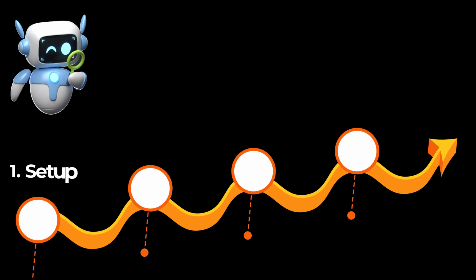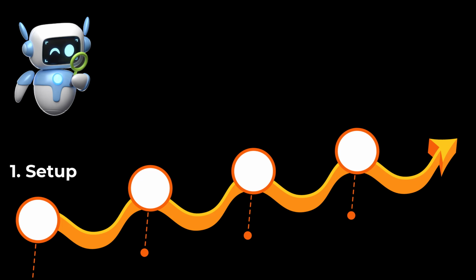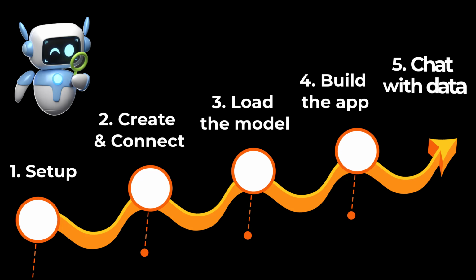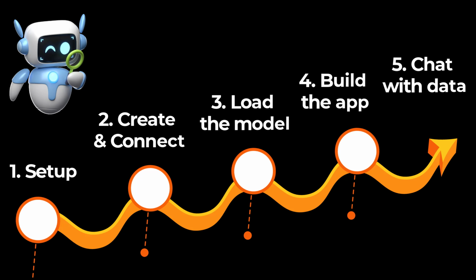First, we'll create a virtual environment and then install the tools we'll use. Next, we'll load our dataset into our MySQL database and then we'll connect to this dataset with Pandas AI. After that, we'll initialize Llama 3 with Ollama. Next, we'll build the app. Lastly, we'll chat with the dataset using Pandas AI. Nice! We've seen the topics we'll cover. Let's go ahead and start with the setup.